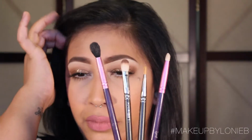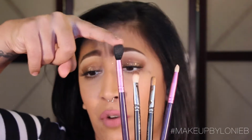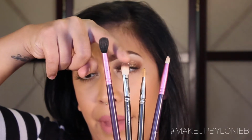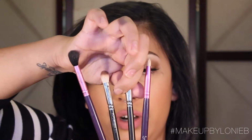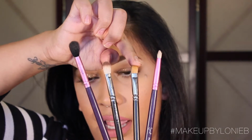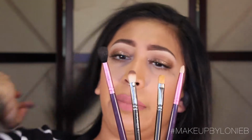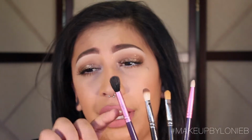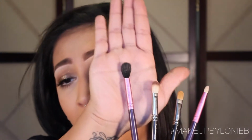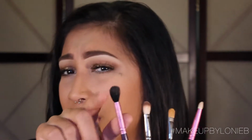They are the Sigma E40, the MAC 217, the MAC 242, and the Sigma E30. The Sigma E40, I absolutely love because of how fluffy it is and how dense, and it keeps its shape. So when I'm buffing it out,